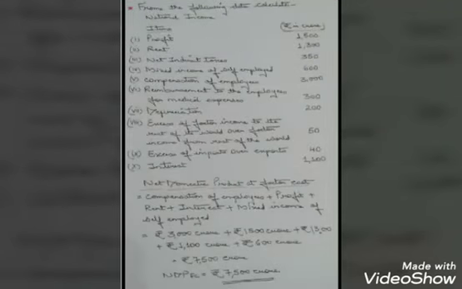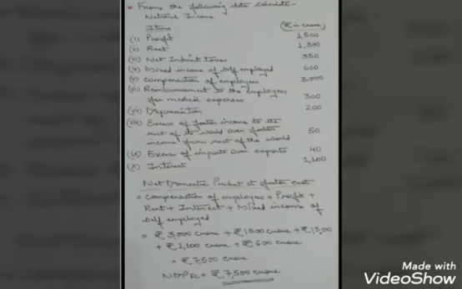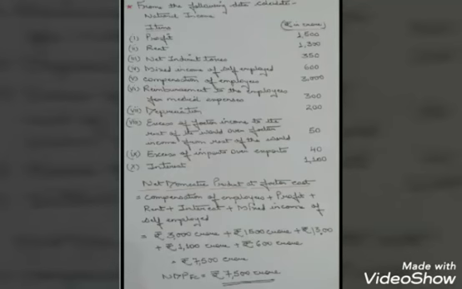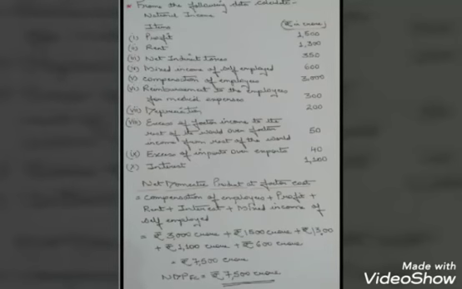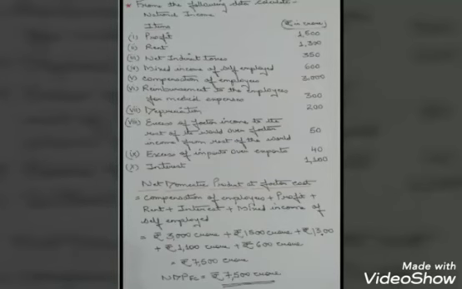Now the next numerical which has been given over here is that from the following data you are supposed to calculate the national income, and the items which have been given are profit, which is 1,500, rent, which is 1,300, net indirect taxes rupees 350, then mixed income of self-employed is 600, compensation of employees is 3,000, reimbursement to the employees for medical expenses rupees 300 crore, depreciation rupees 200 crore, excess of factor income to the rest of the world over factor income from rest of the world is 50, and excess of imports over exports is 40, and interest is 1,100 crore. Now you need to find out the national income,